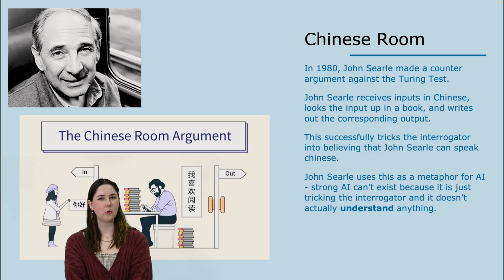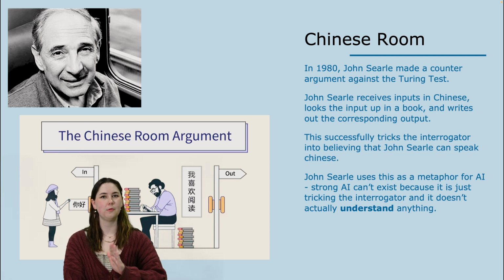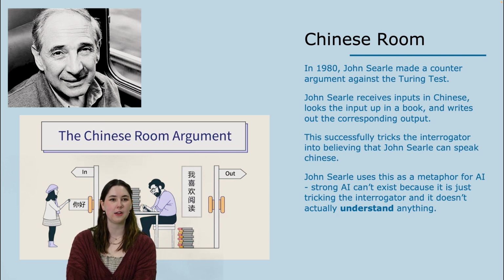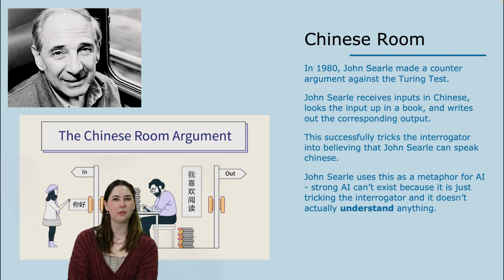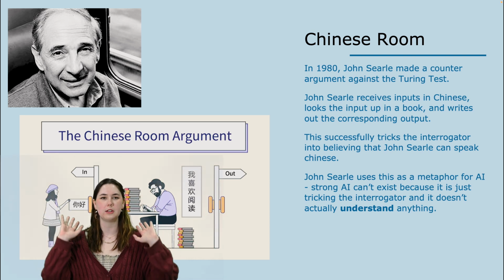Okay, so I hope that you understand the Turing test. Now we're going to have a look at the Chinese room. So we're a few decades later, in 1980, and this philosopher named John Searle is a bit skeptical about Alan Turing's ideas. He thinks that, well, maybe we're just kind of listening to responses. I'm not sure about this. So he came up with this thought experiment called the Chinese room.